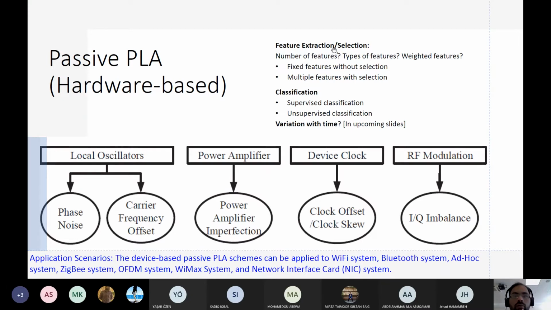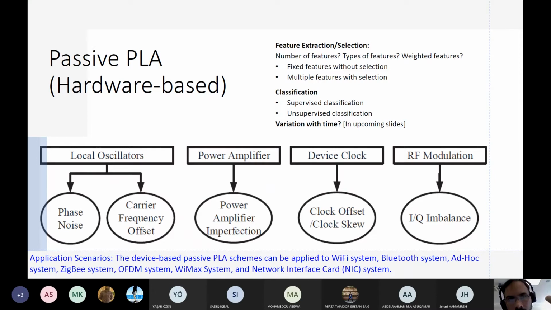Before we go, I want to mention a very important point here. There are many features that you can extract from a device. What is the number of features we should select? In general, if you extract more features, it means more robust authentication.